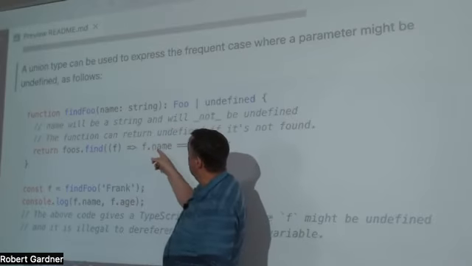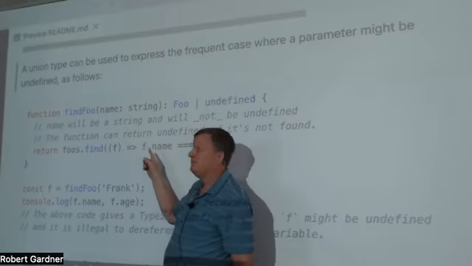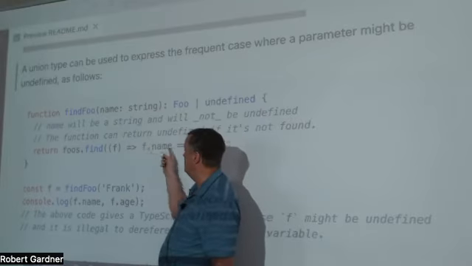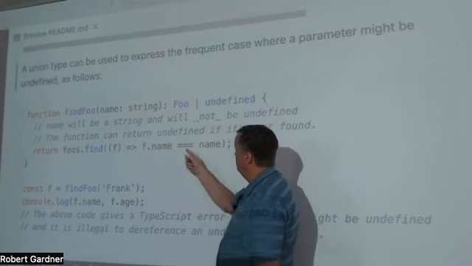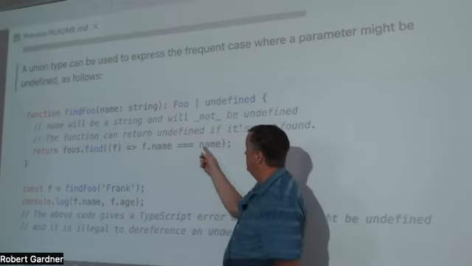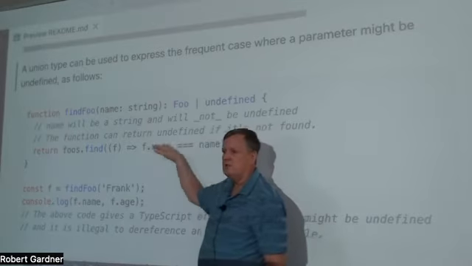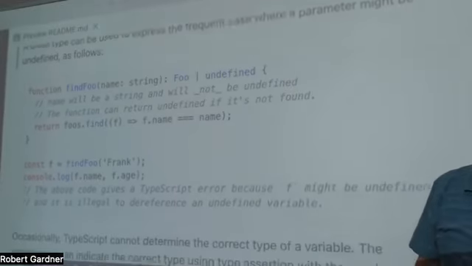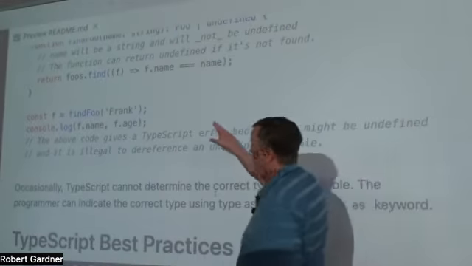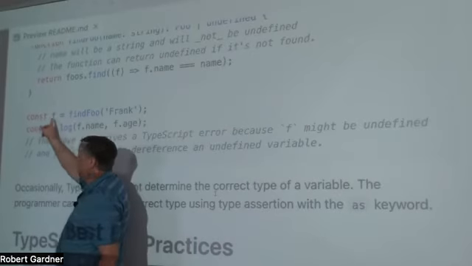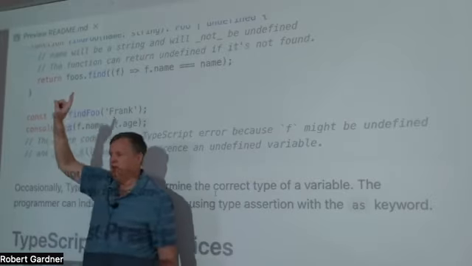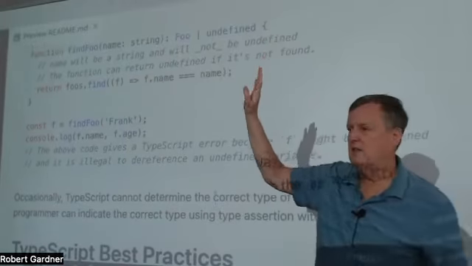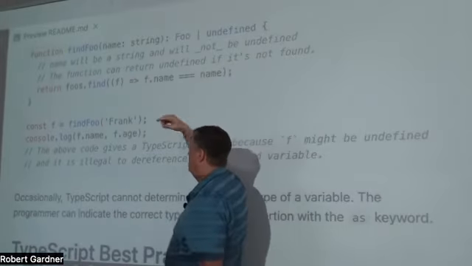I know that f.name exists because my foos is a foo array, and foo I've declared to have a name field. So it checks this to make sure that's legal. It knows that this is a string, so I can do that comparison. So all those checkings are done for me right here to make sure everything's working properly. And now when I call it, I can just call findFoo. So I'm calling that function up there. TypeScript knows what the type of f is. It's either a foo or an undefined. So this will give us an error.